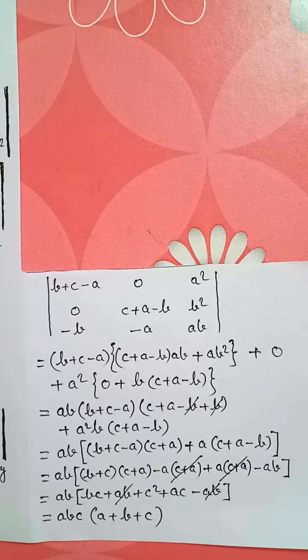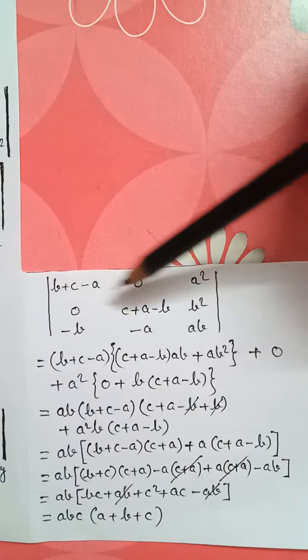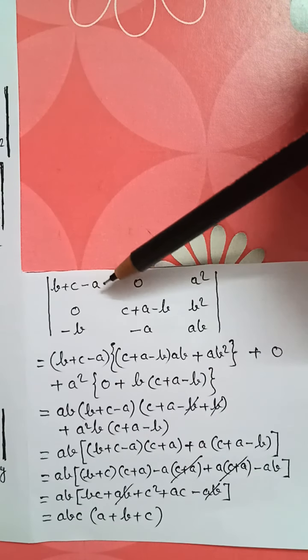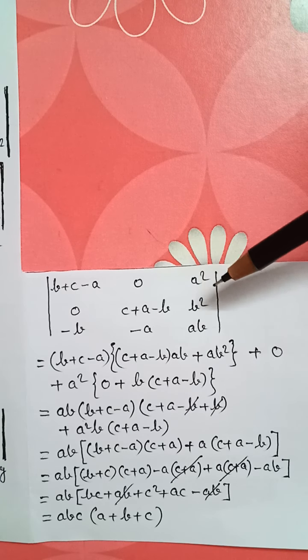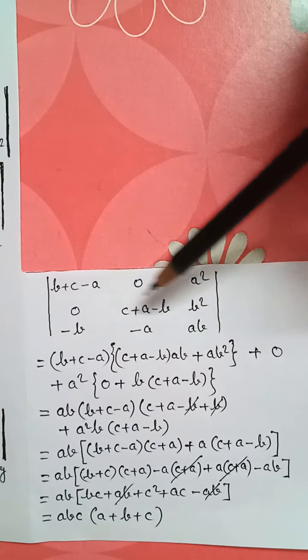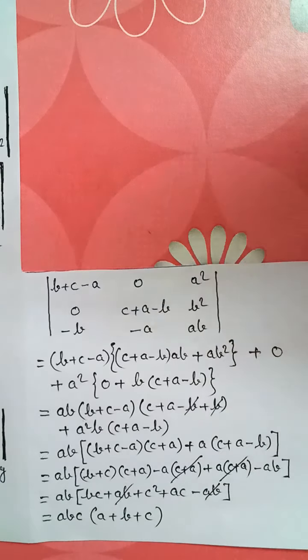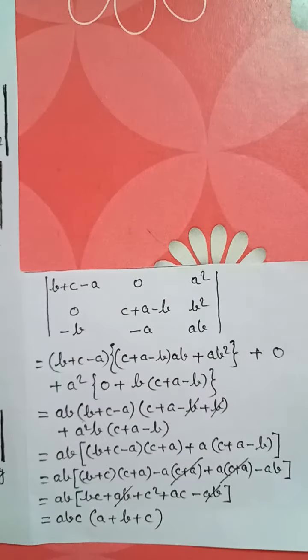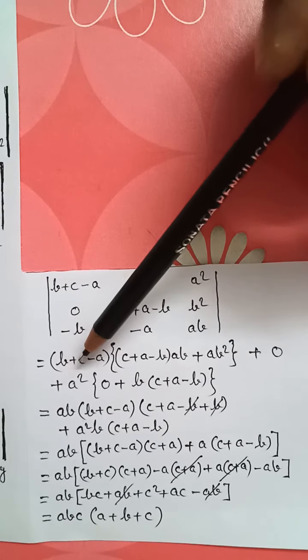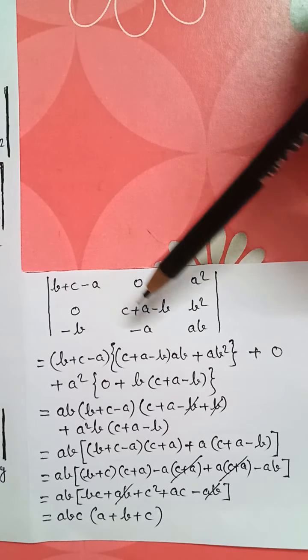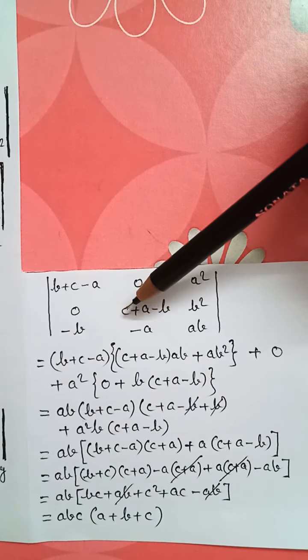If you remember, this is the determinant: B plus C minus A, 0, A square. Now expanding it along the first row,